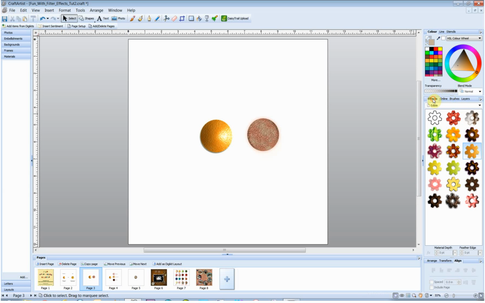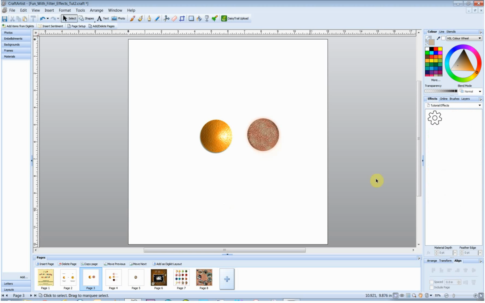Go across to the Effects tab, and you need to highlight this global, the top one. Right click, and we're going to add a category. Now, you can call this category My Effects, or if you're downloading mine, you could call them Karen's Effects. I already have a My Effects, so I'm going to call this Tutorial Effects. Click OK, and hopefully now, when we look down,